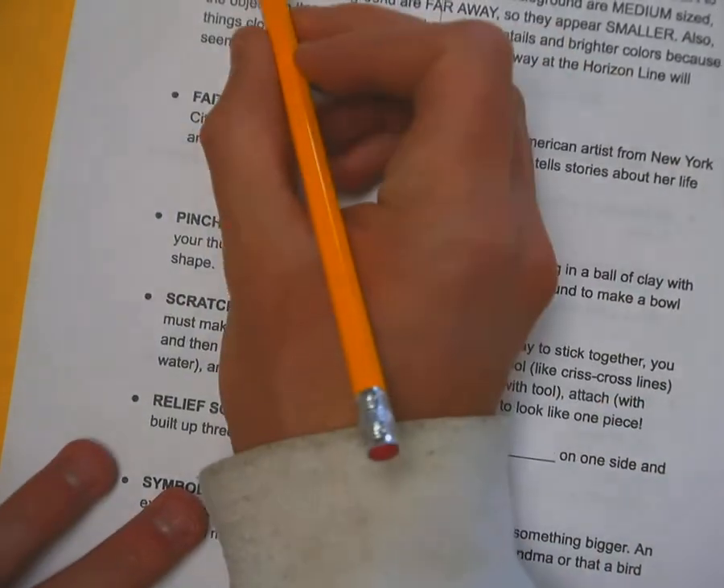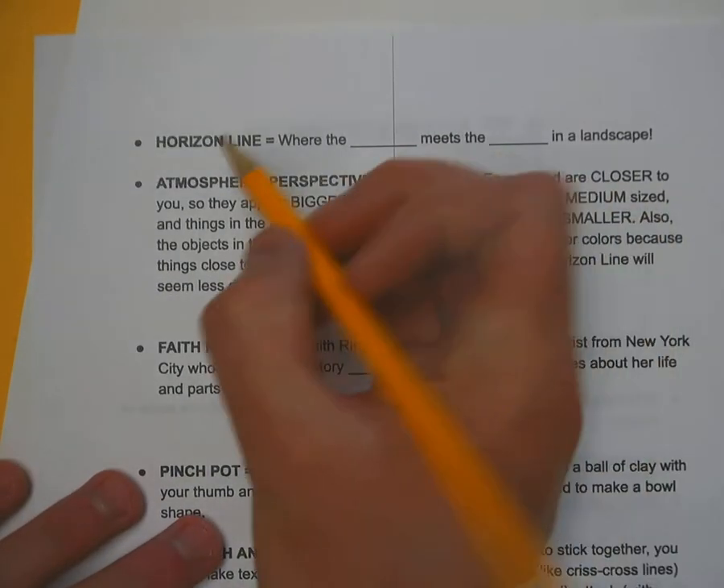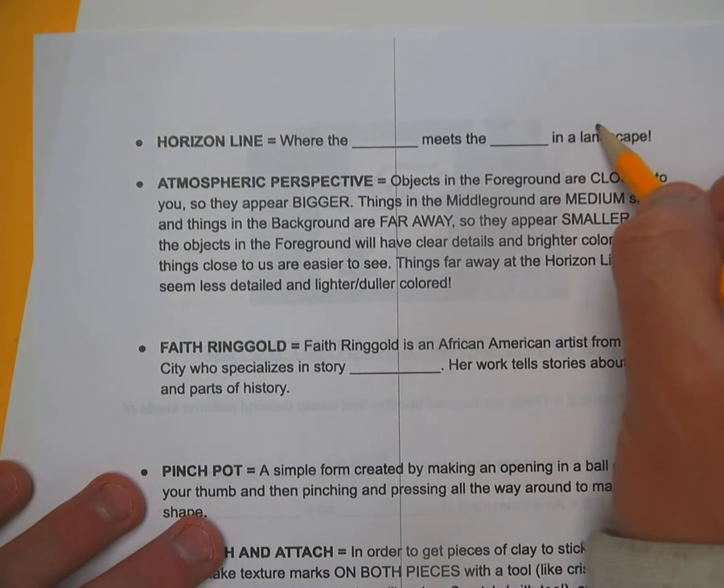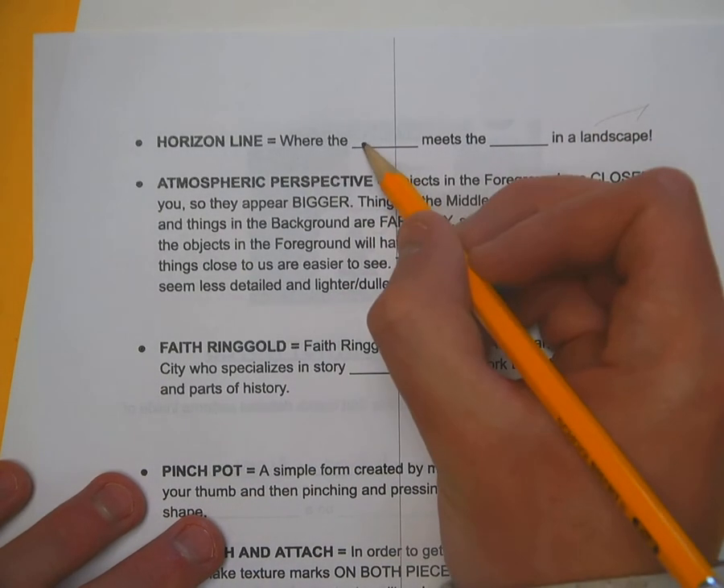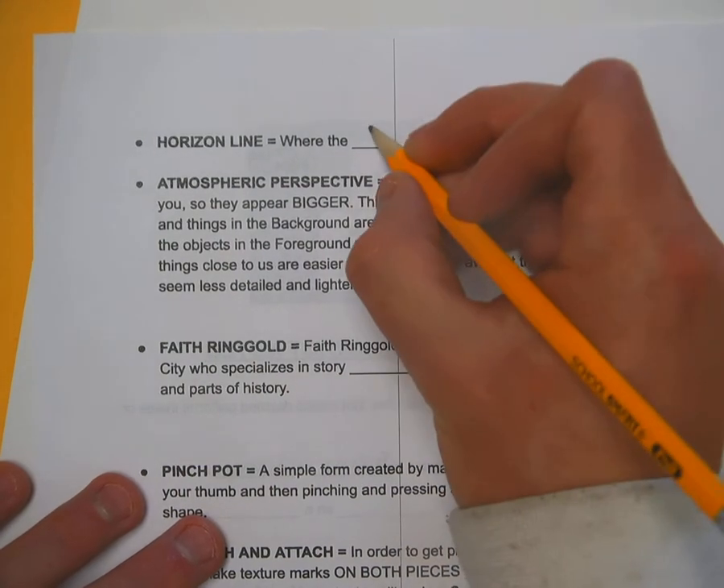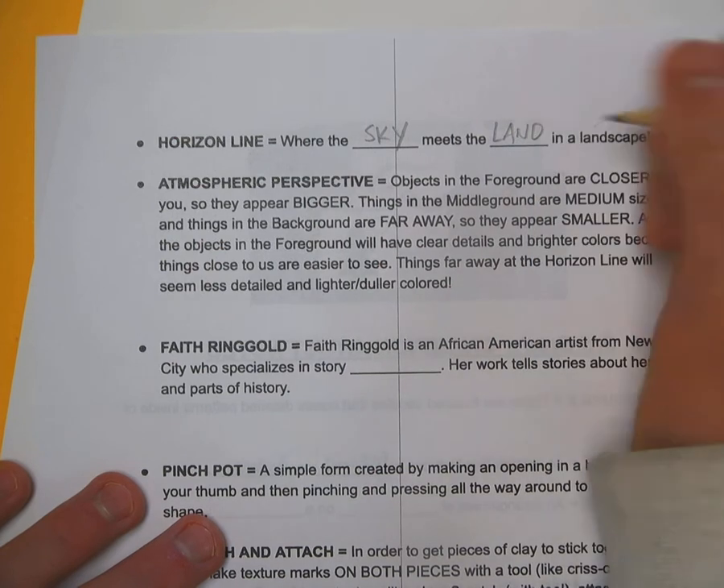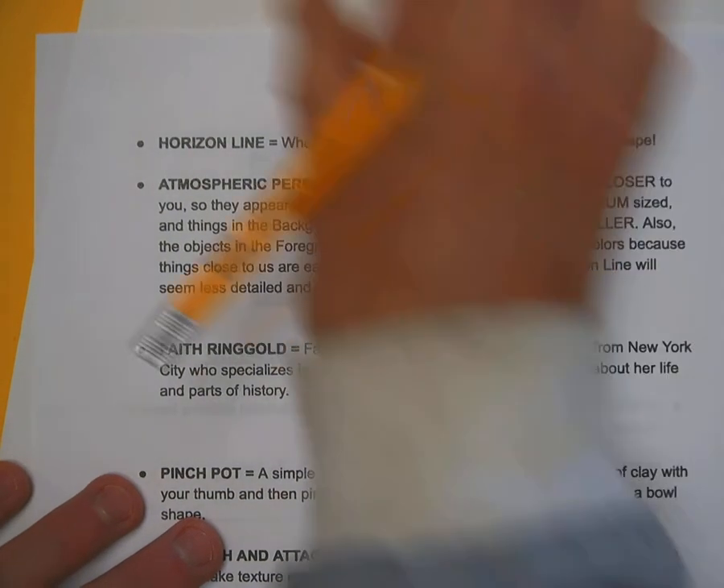And if you flip it over, we have a horizon line. Horizon line is where the blank meets the blank in a landscape. So again, landscape is outside scene. It's where the sky meets the land. So now that we're professional artists, we can't just have a blue stripe at the top of